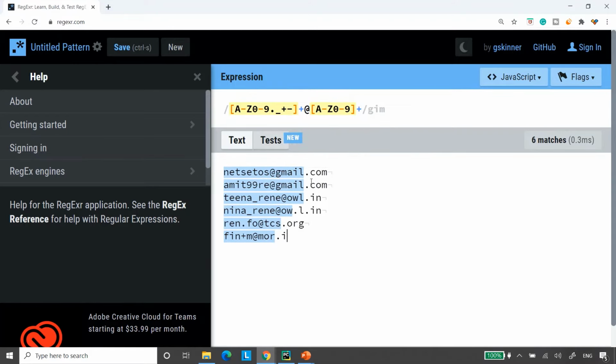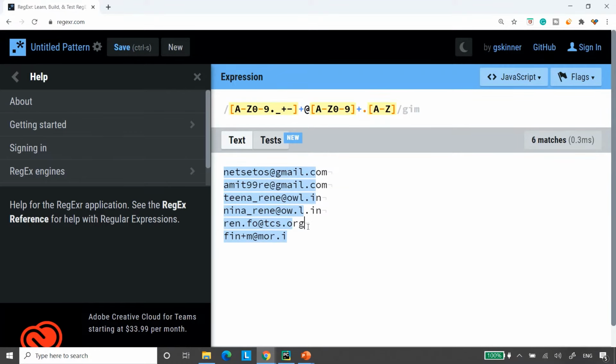Now here I need to match this dot, so I'll apply dot to it. Then again I have com, in, org, so I'll make A to Z, and if you see here it is more than 2.